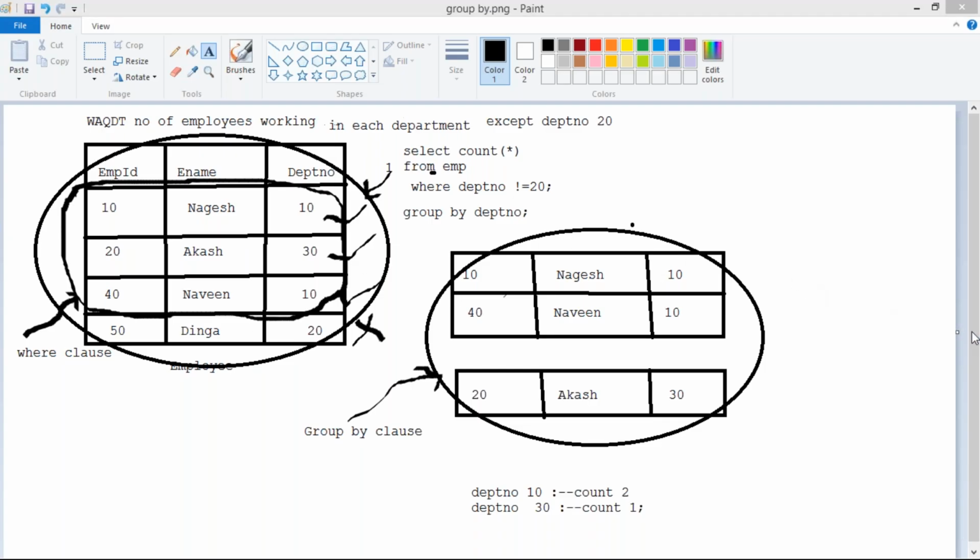So now, guys, I have two groups. Here you can see I got two groups based on department number. Group 1 is department 10, group 2 is department 30. Now further, if you want to filter the groups, we will go for the having clause, guys. So they say: write a query to display the number of employees working in each department except department number